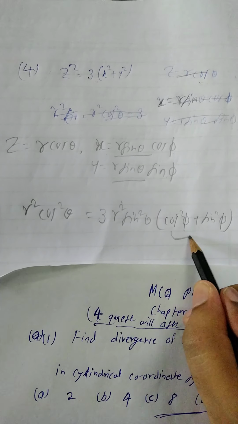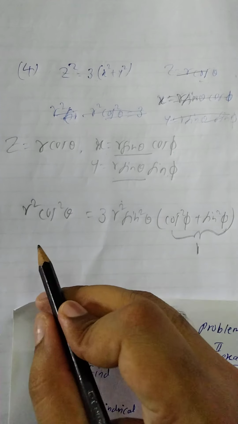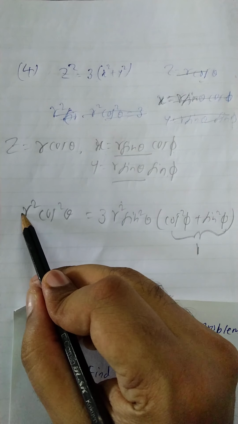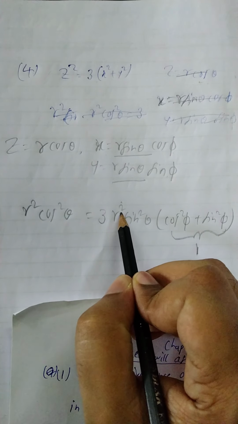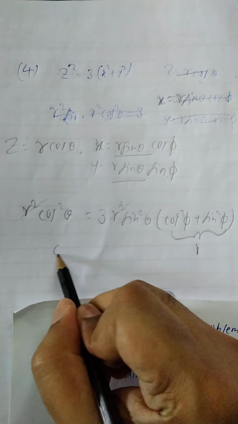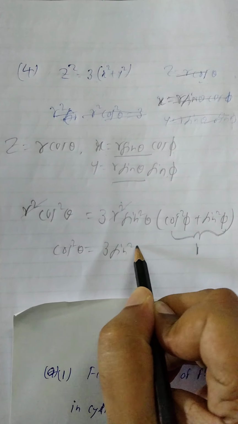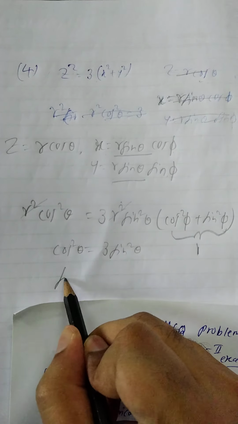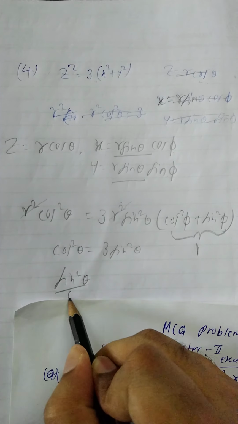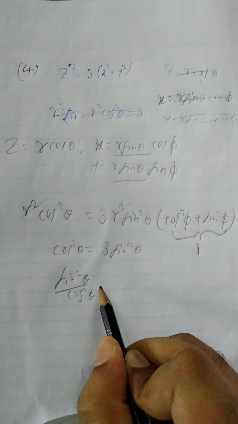Here cos square phi plus sin square phi is 1. So the equation will turn to, r square is on the left side and r square is on the right side also, so we are going to cancel it. What will be remaining? Cos square theta is equal to 3 sin square theta. So sin square theta divided by cos square theta is equal to